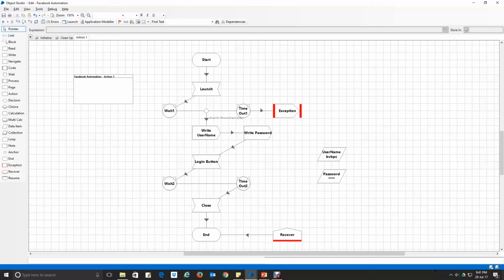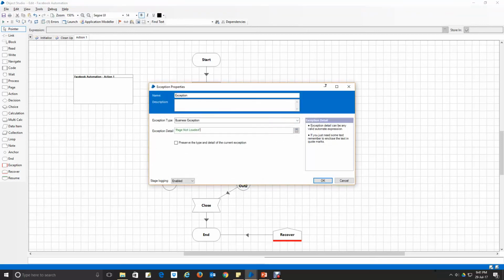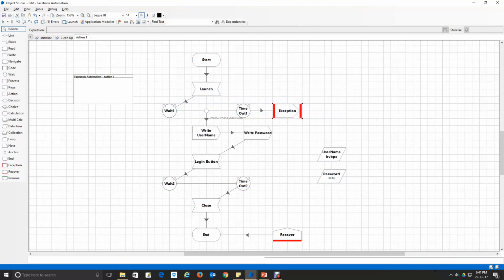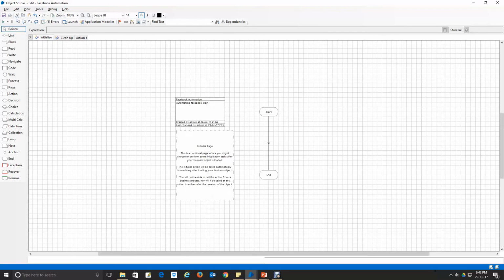And here, in the first conditional wait stage, there is a possibility that the browser is not yet loaded. In that case, after the given timeline, when the wait stage times out, it will throw an exception saying that there is no landing page, or the page is not loaded. That will be recovered and pushed into the end, because I don't want to interrupt my process. That's the reason I have prepared the exception and recovery stage here. And let me call my action